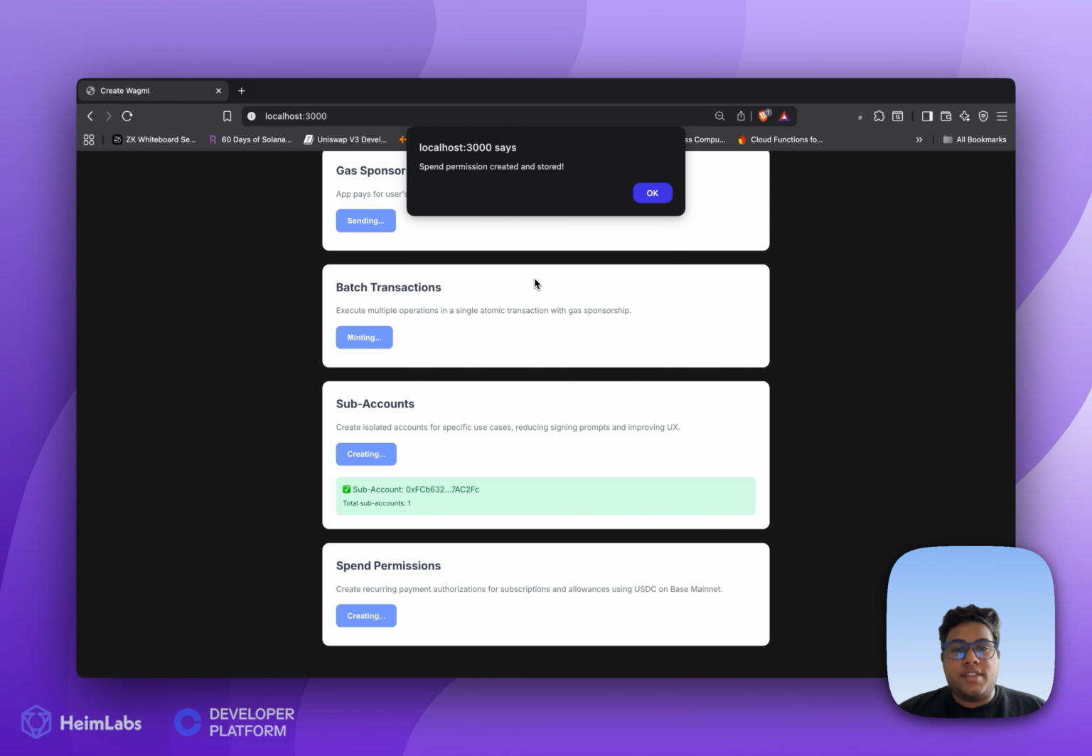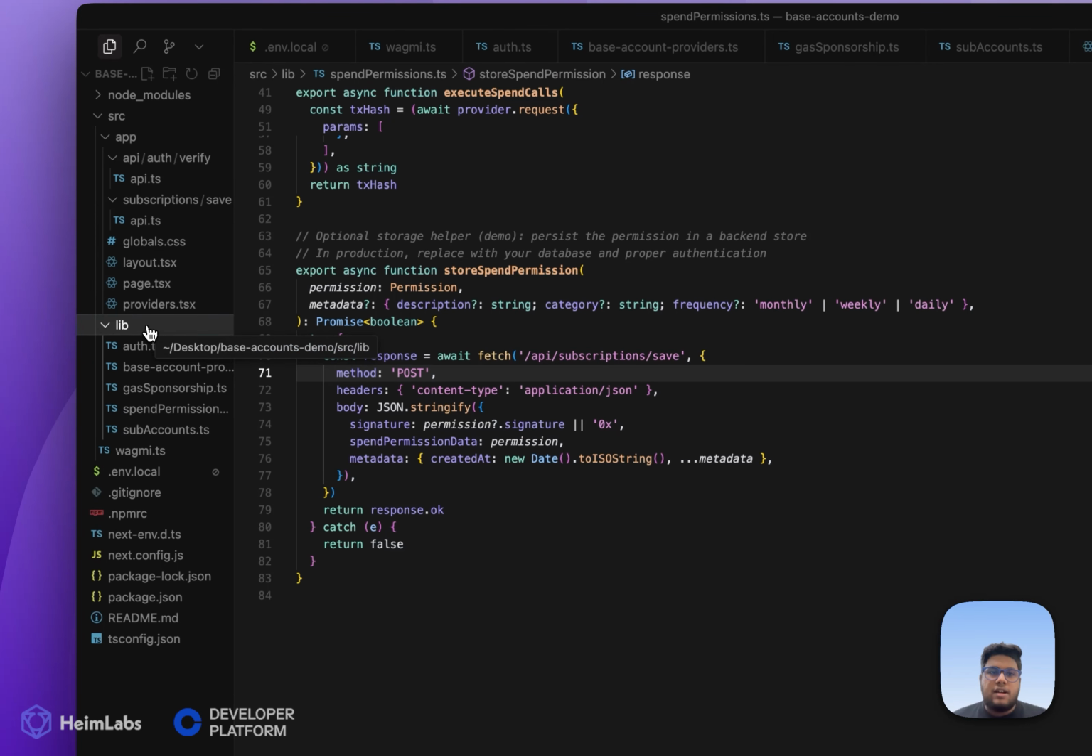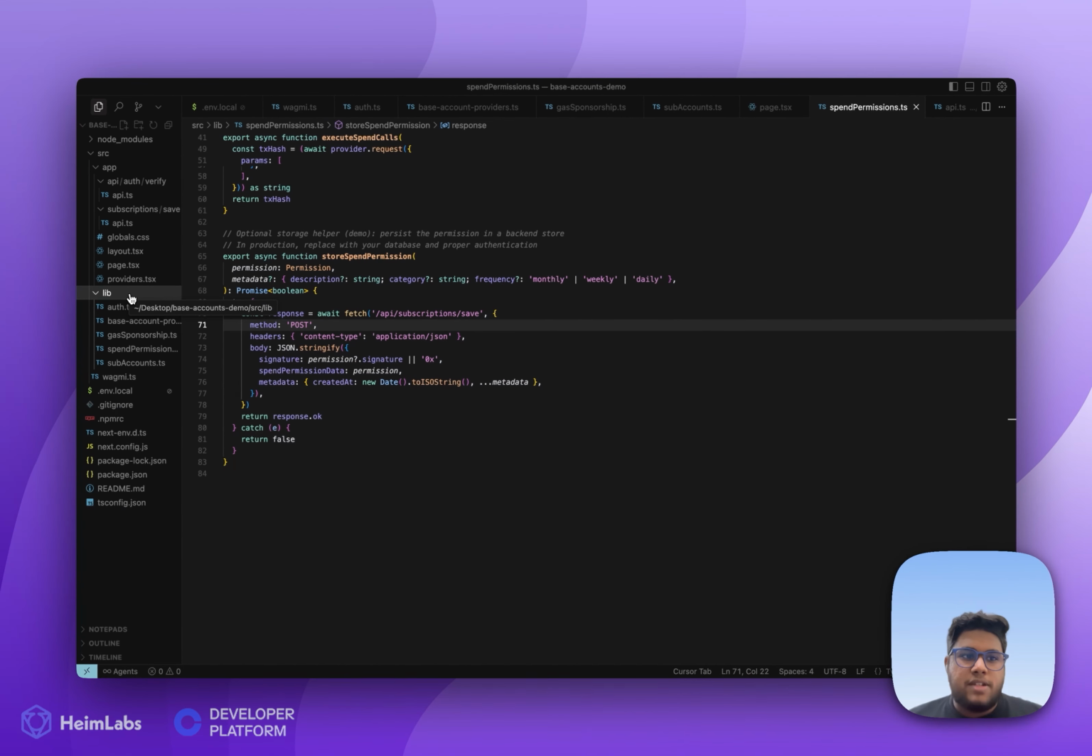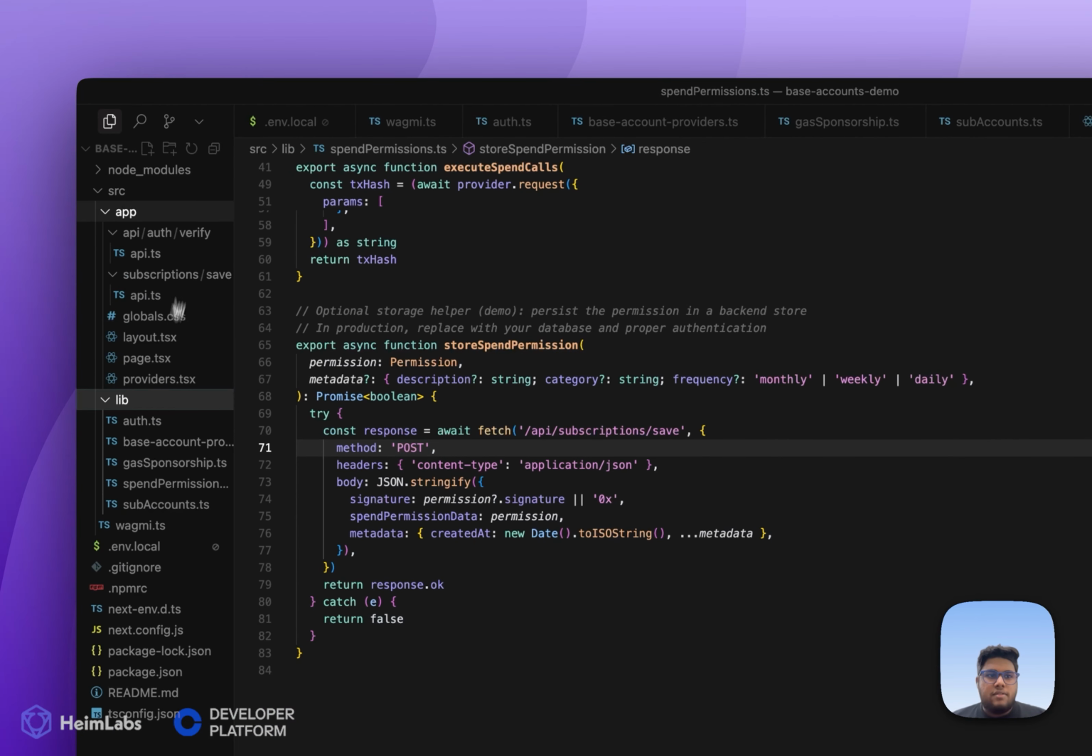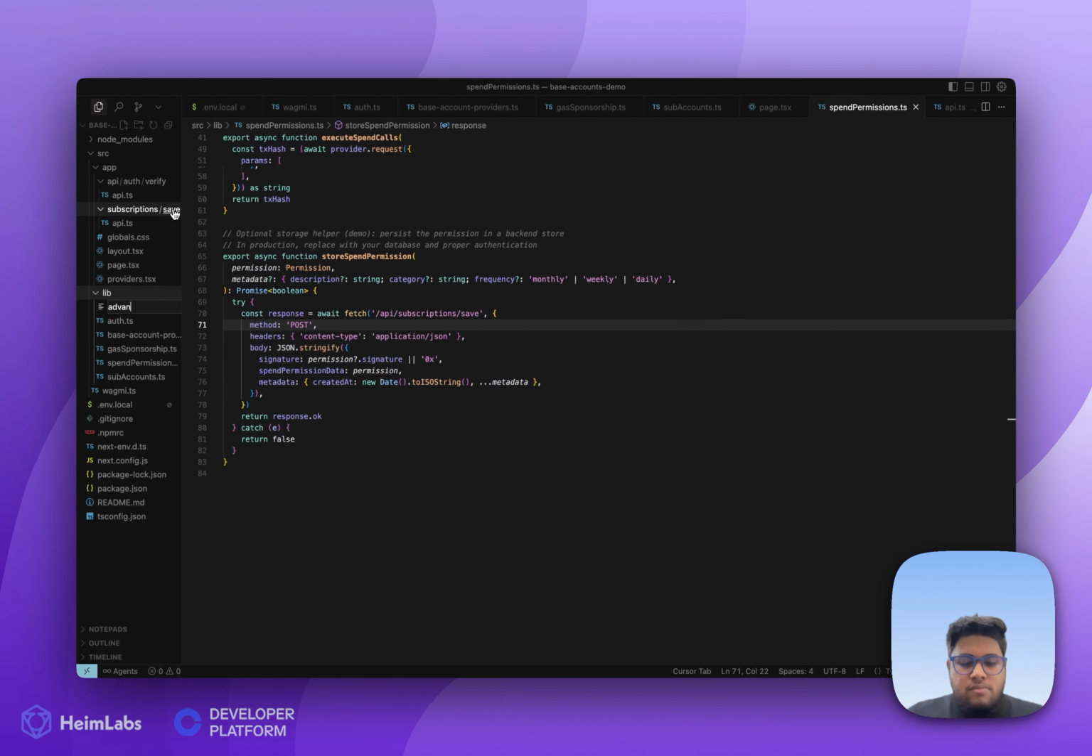So now with this, we are done with the major functionalities. And now we can finish off the UI with sign typed data and Base Pay demos. So we move on to implementing the UI for this Next.js project. We will implement one final functionality from Base Accounts, which is signing typed data. So in the lib folder, we'll create another file